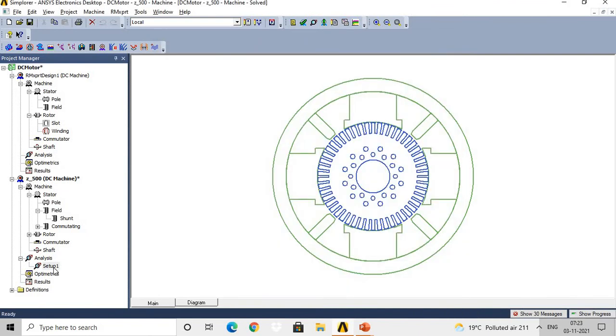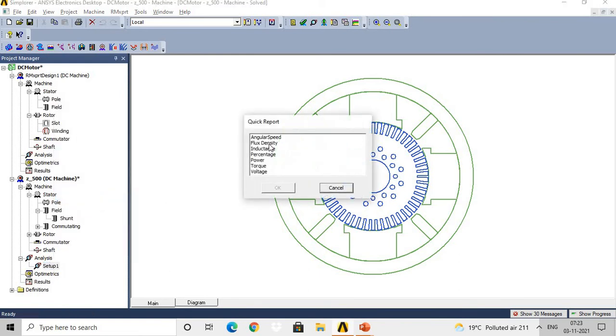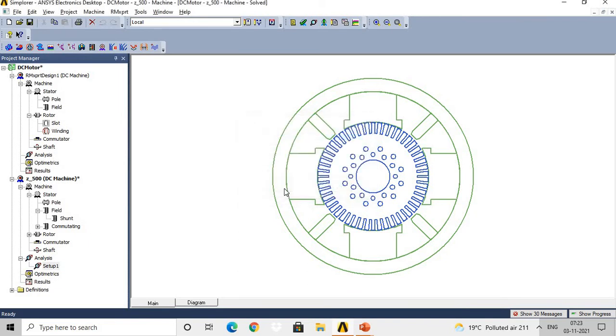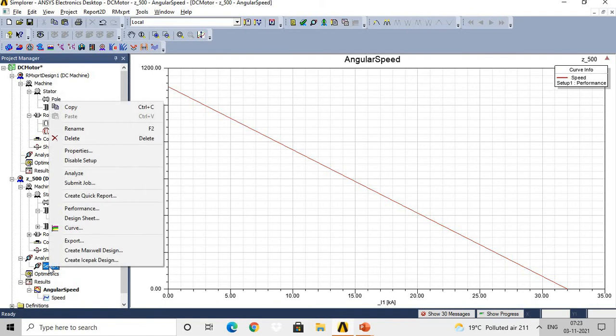Okay. Now apart from that, here you can go through the create quick report option. Here you can select the particular parameter, like suppose angular speed, and enter OK. Then that angular speed graph is available. So whatever parameters you are interested in, you don't need to follow each procedure every time.